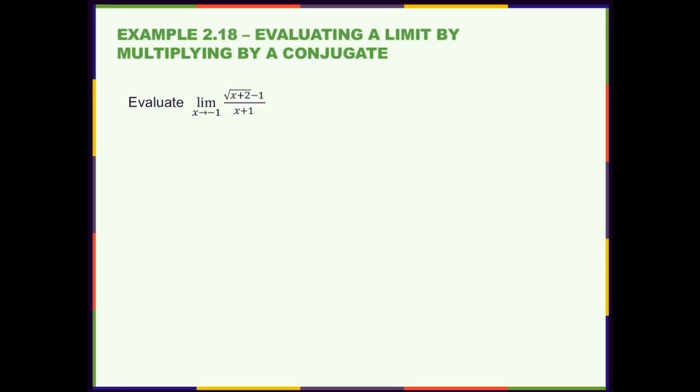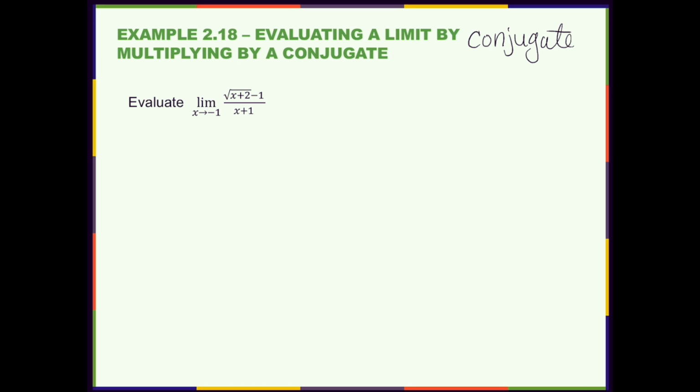In this example, we're going to use another algebra trick. You've probably seen it before. It's called multiplying by the conjugate. But just in case you haven't seen this before, or if it's been a long time, to refresh, a conjugate